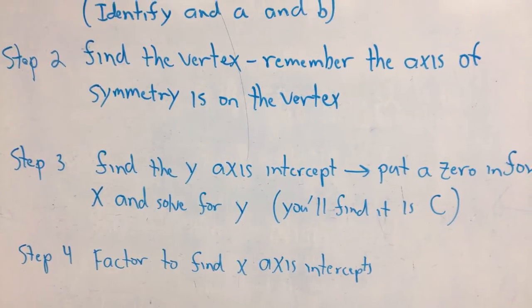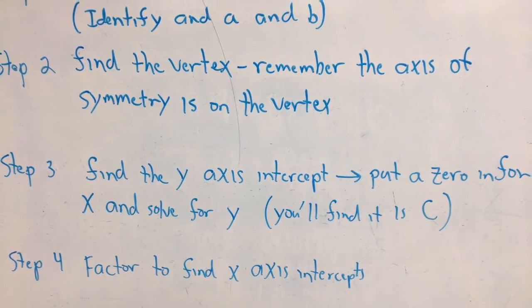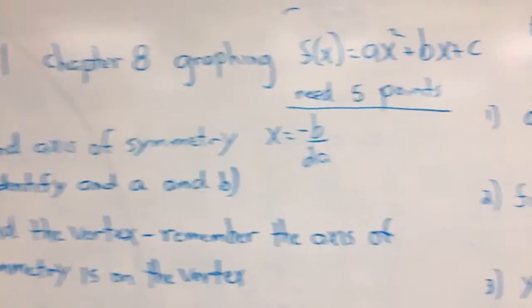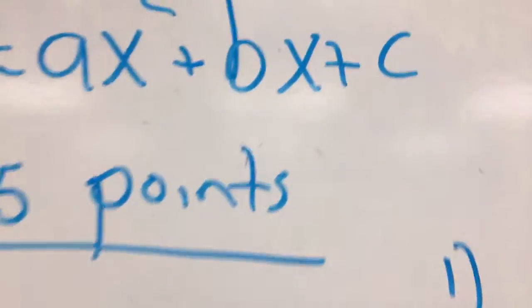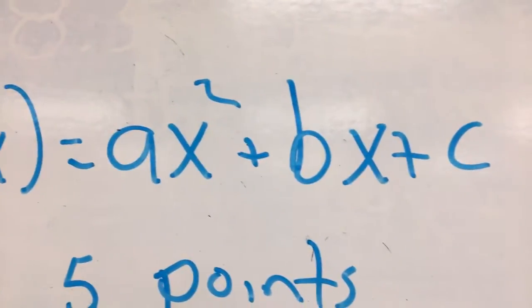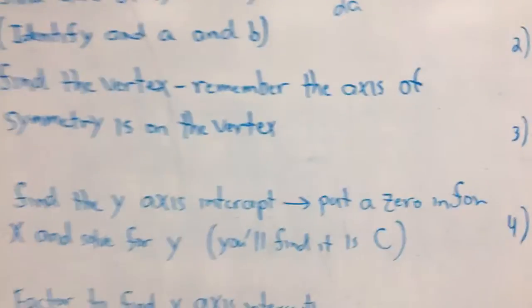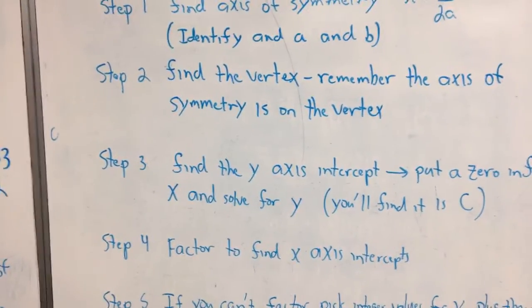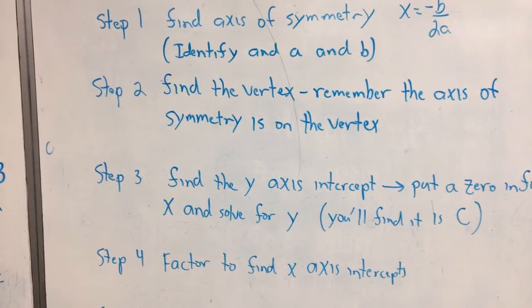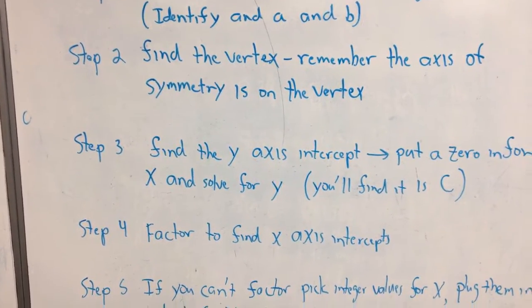And then, of course, we can find the y-axis intercept. That's going to be c. If you put a 0 in for x, that's all you got left. All that turns into a 0. So that's your y-axis intercept. Okay? So now we have an axis of symmetry, we have a vertex, we have a y-axis intercept,